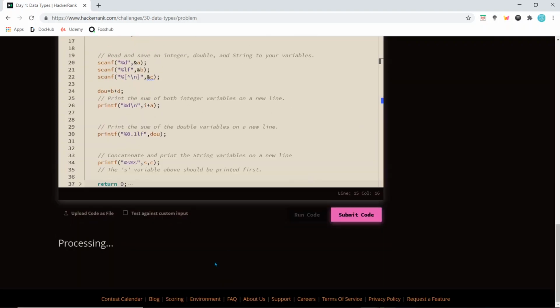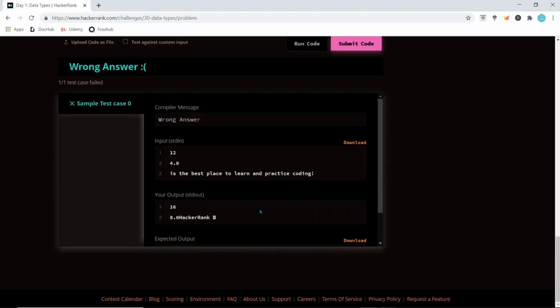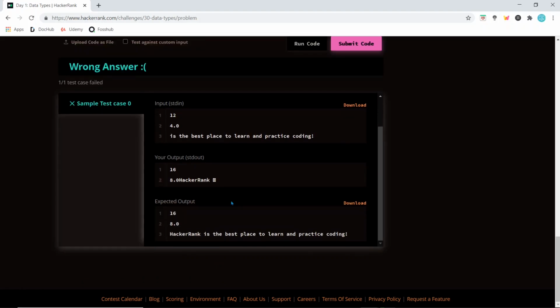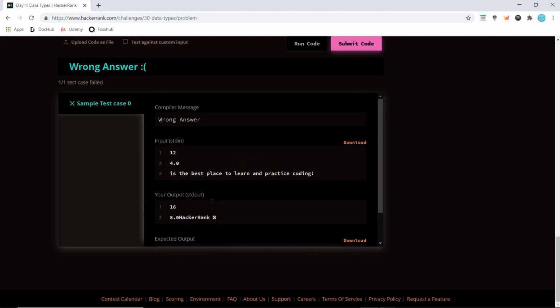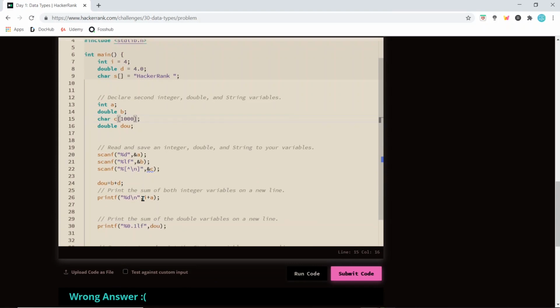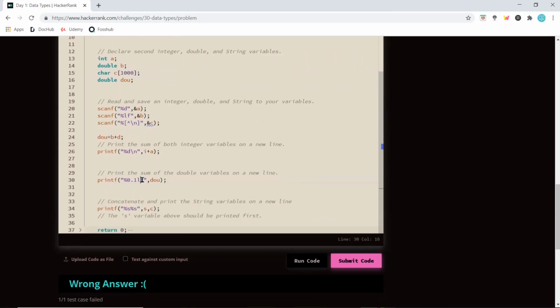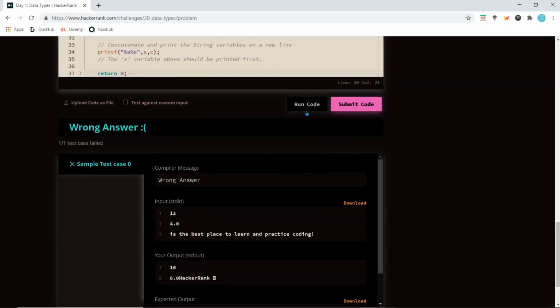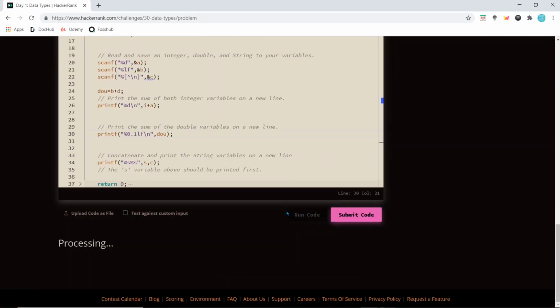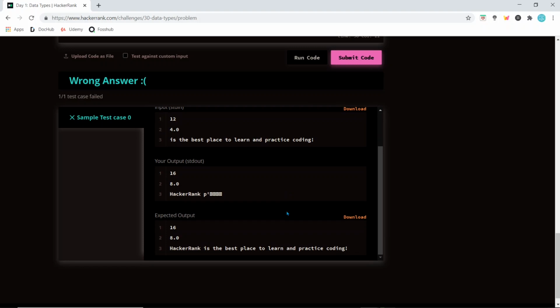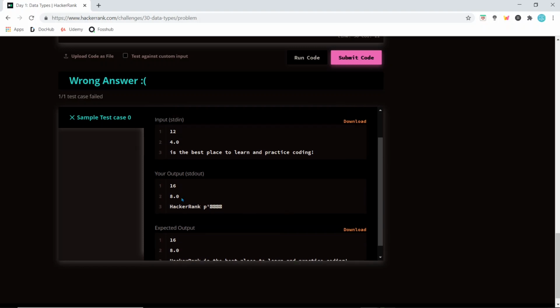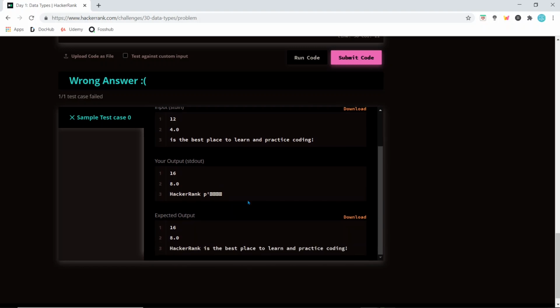Again, run the code. So we are getting some bad output here. Our output is 8.0. We have to print the next line after the long float, and then we check it again. It's still giving us something problematic. The third output has some errors.